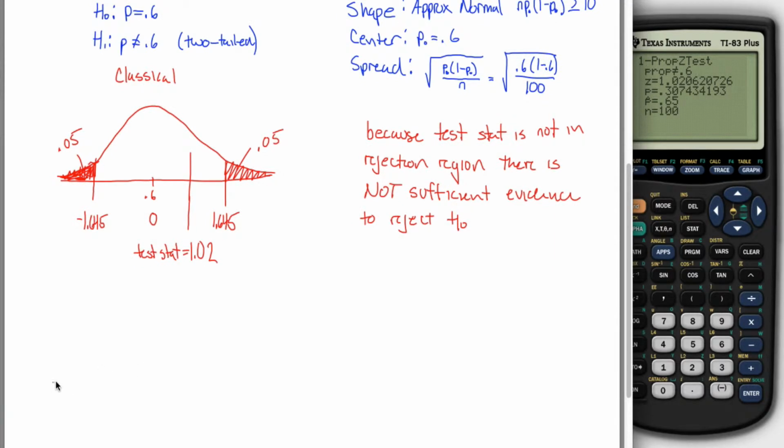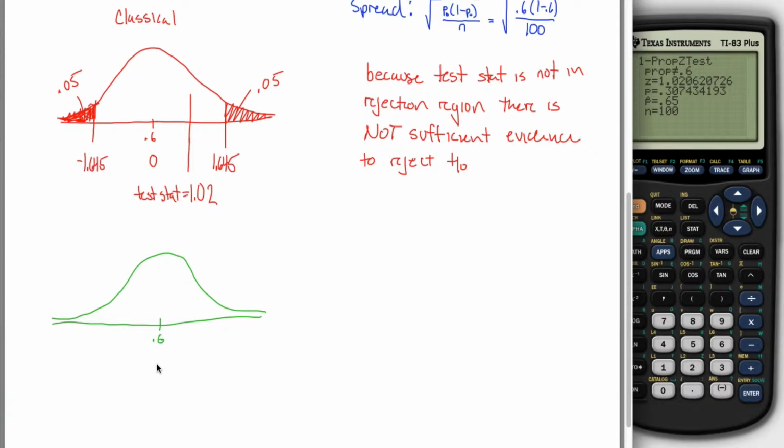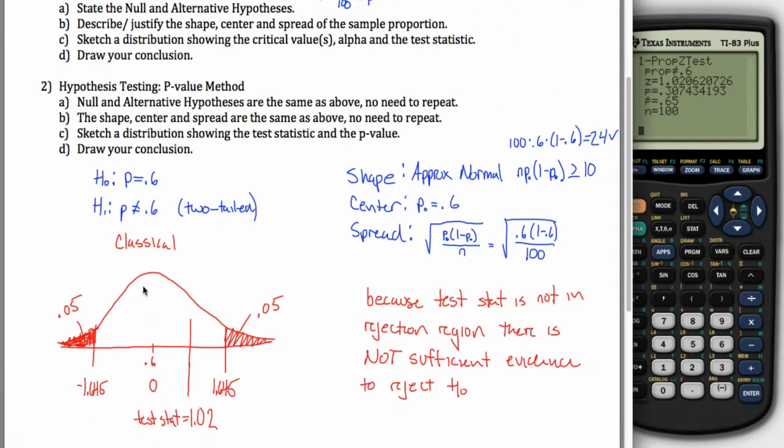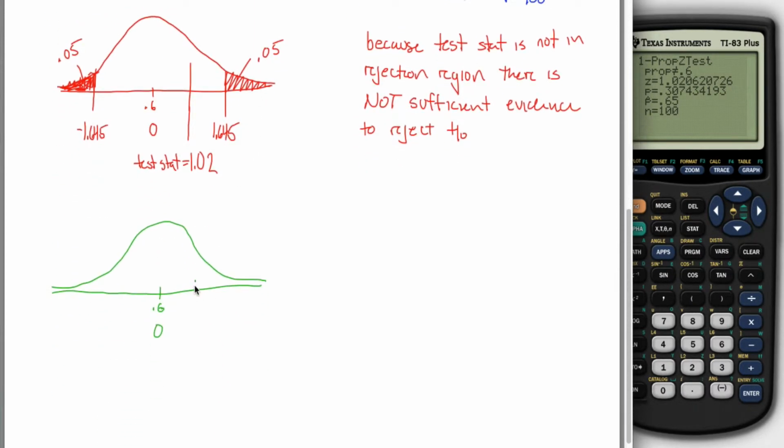So the first thing that I have to do is draw a picture. Again, because my shape is approximately normal, I'll draw something that's approximately normal. I'll put 0.6 in the middle, and then I'll realize that that corresponds with the z-score of 0. And then, unlike in the classical picture, I'm going to sketch a distribution showing only the test statistic and the p-value. So I don't need to set up rejection regions. I don't have to do that inverse norm thing that I did before. All I got to do is find the test statistic, that 1.02,